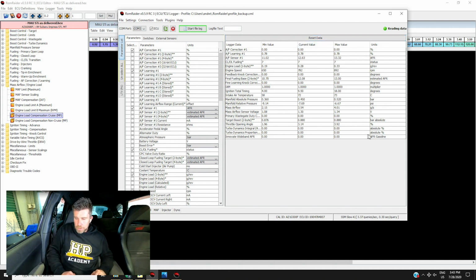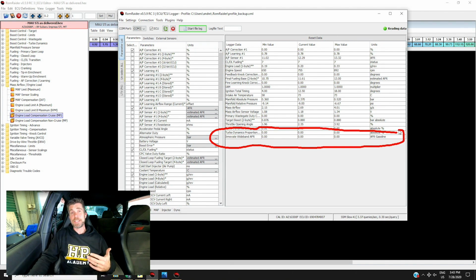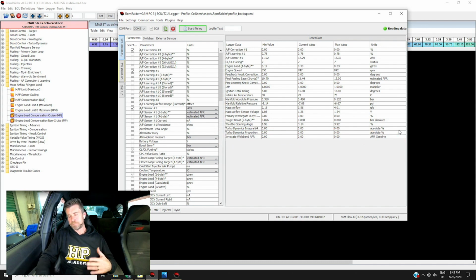So what I tend to do, and I haven't got it connected for the purposes of our demonstration here, is bring in my own wideband air fuel ratio sensor so that I've got something that is trustworthy. You can see there we've got Innovate wideband air fuel ratio. We quite often get asked how we do this, and it's actually relatively simple. We don't need to wire it into a factory sensor on the stock Subaru ECU. We can just bring this directly into our laptop.